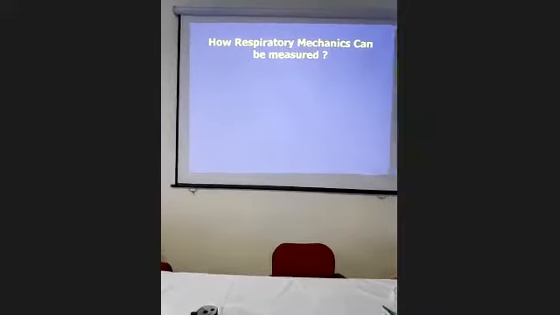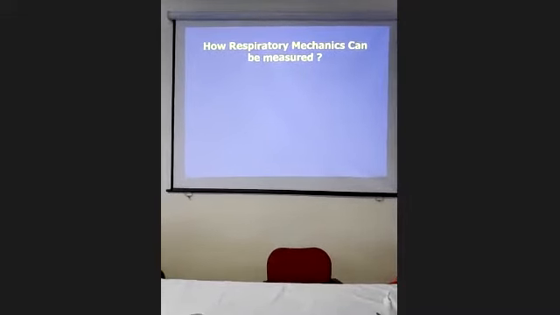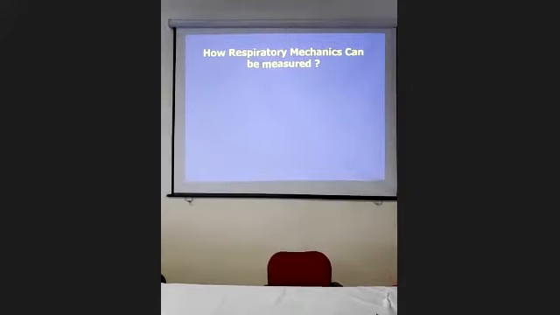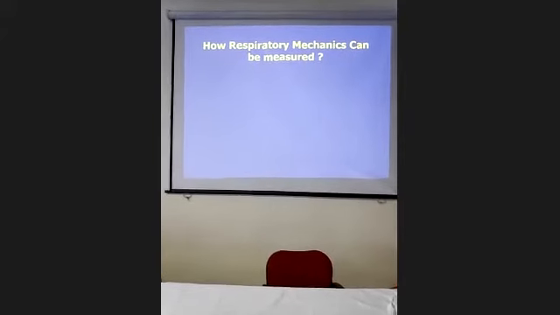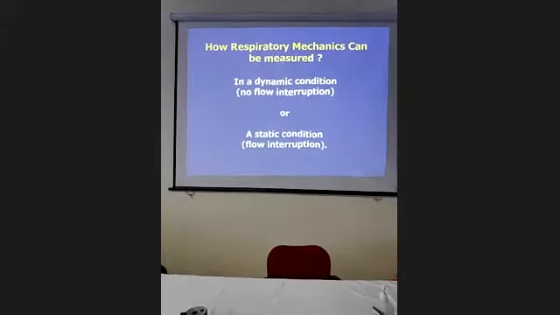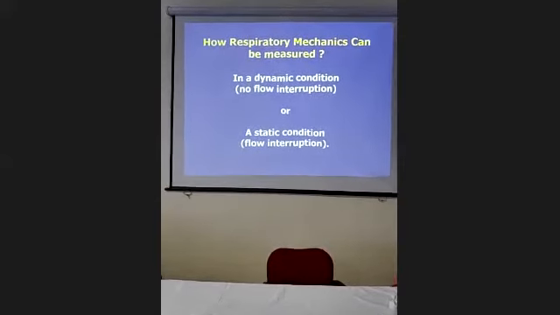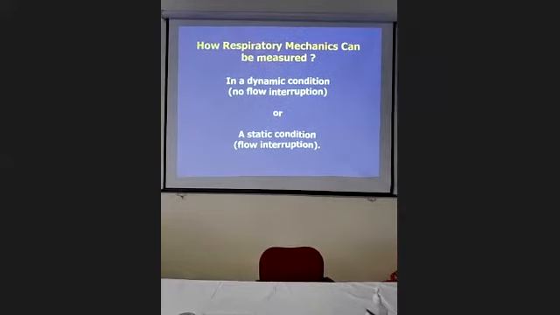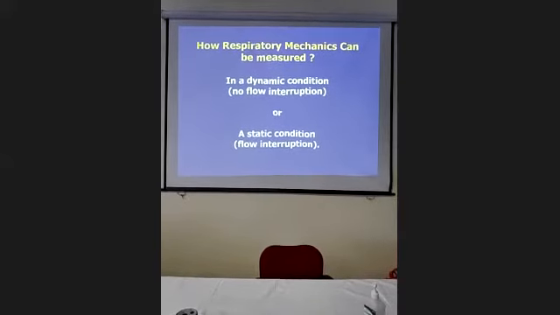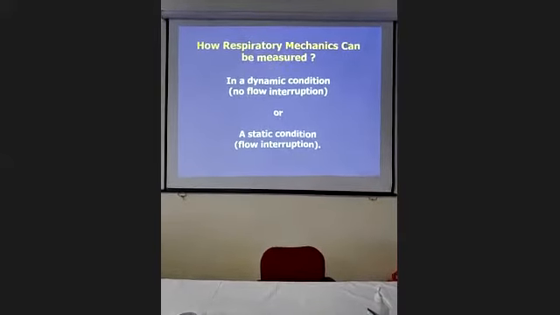And mechanics, what is mechanics? I said, how are you going to measure this mechanics? That is again a very important question. So in dynamic condition, and it is measured in two forms. One is in dynamic condition. That means when the ventilator is giving its breath constantly and you are monitoring